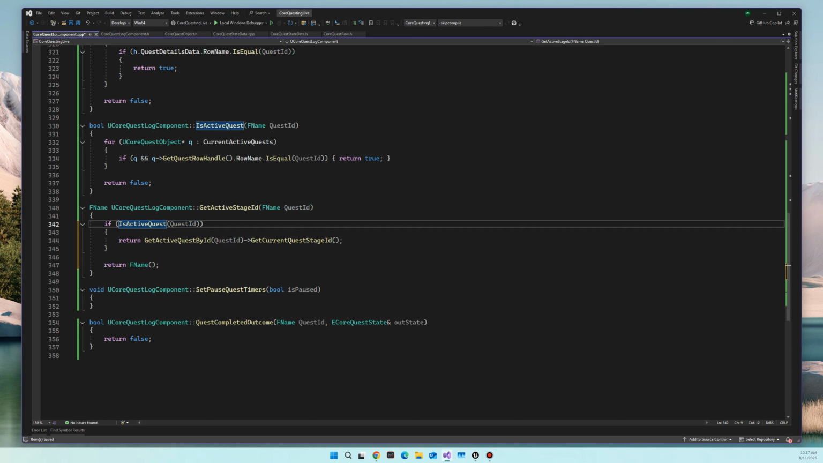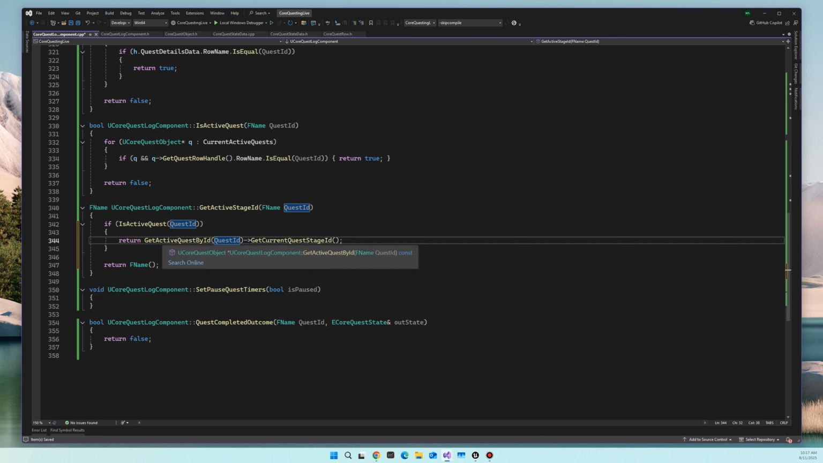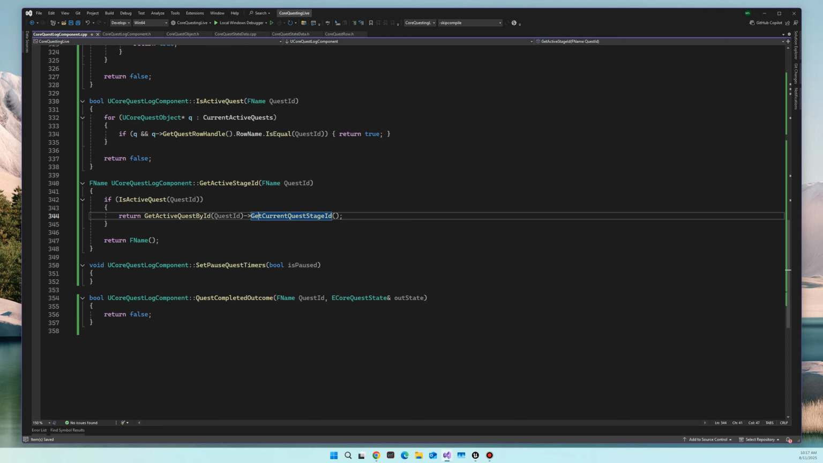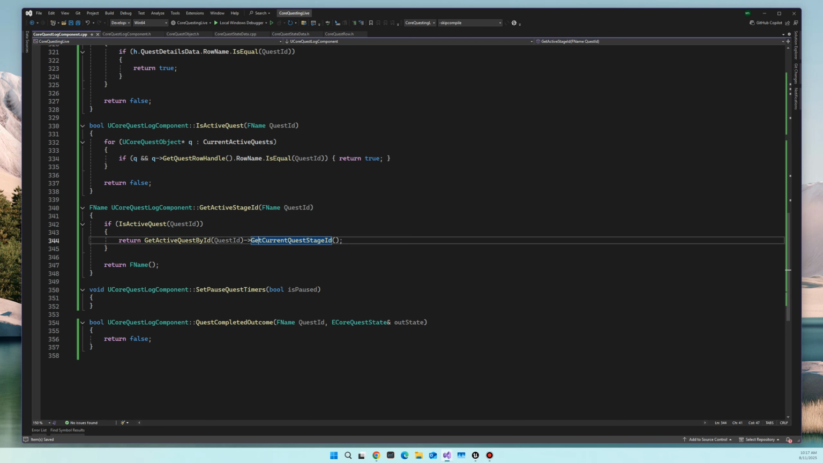So first check to see if it's an active quest. If it's an active quest, then we'll say get active quest by ID, and then we'll say get current stage ID. So there's a function on there which already gets that stage ID for us. And again, we're creating a wrapper around here just so that we can protect the list. Again, the component is acting as a facade around that list for us. All right,